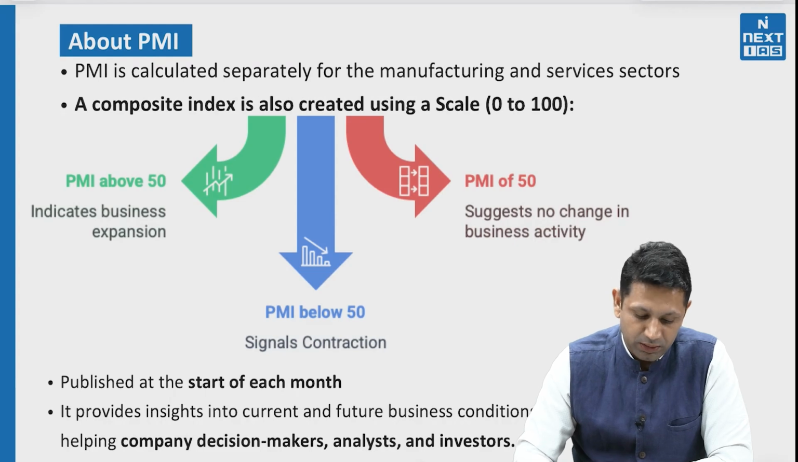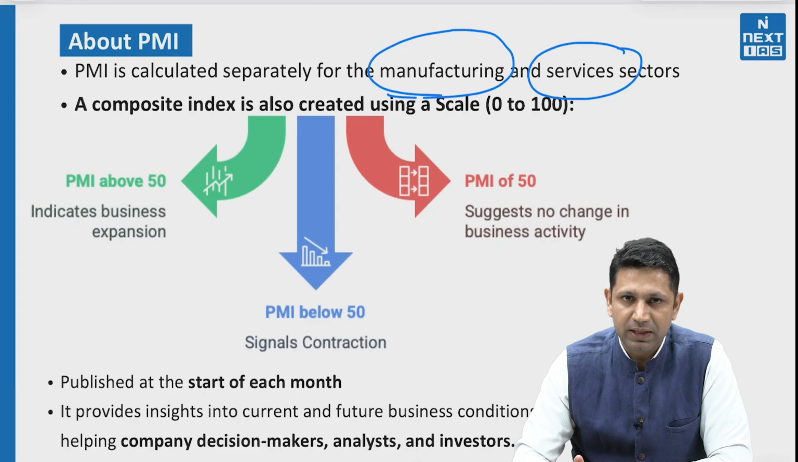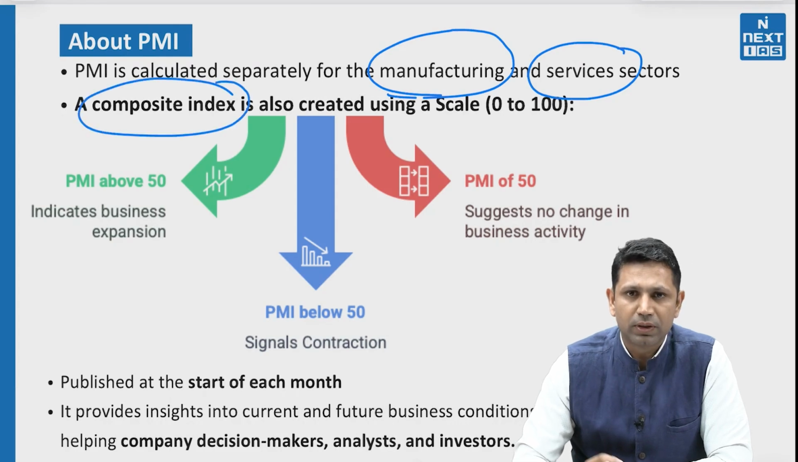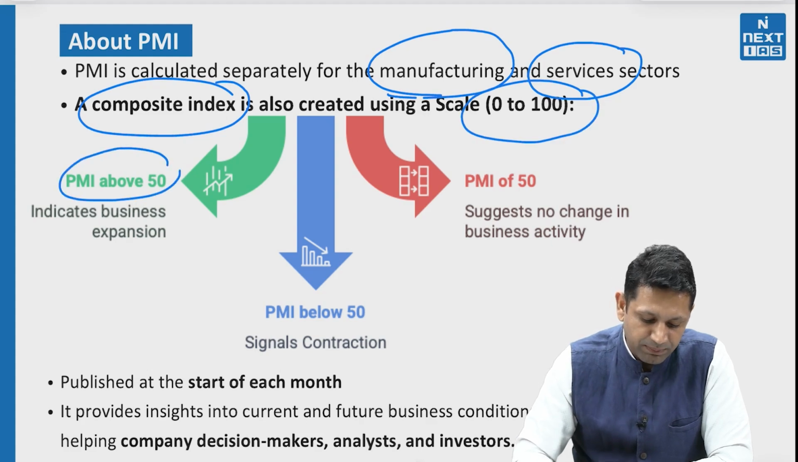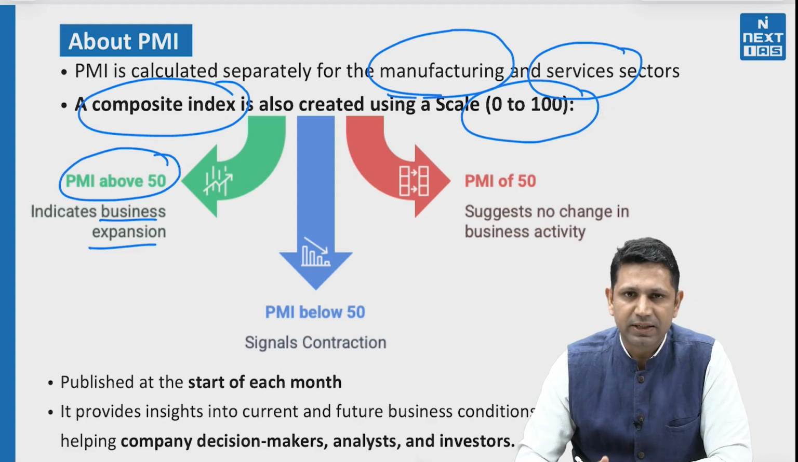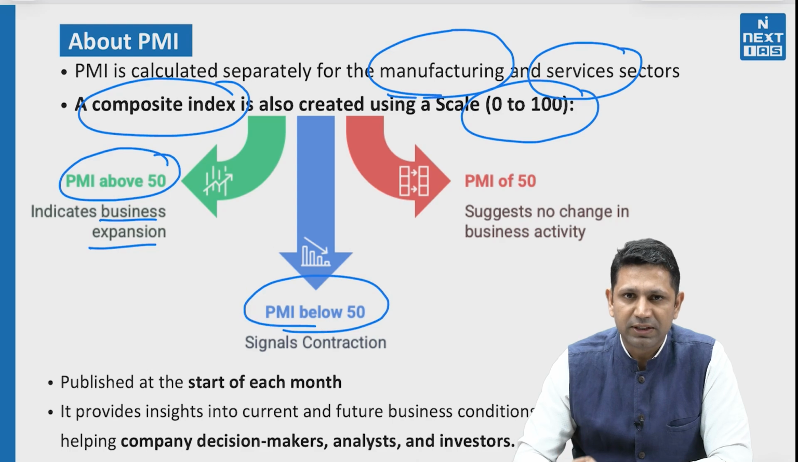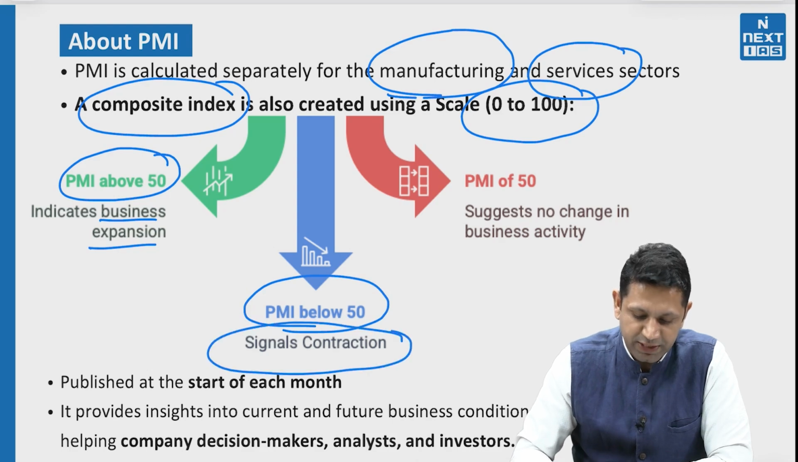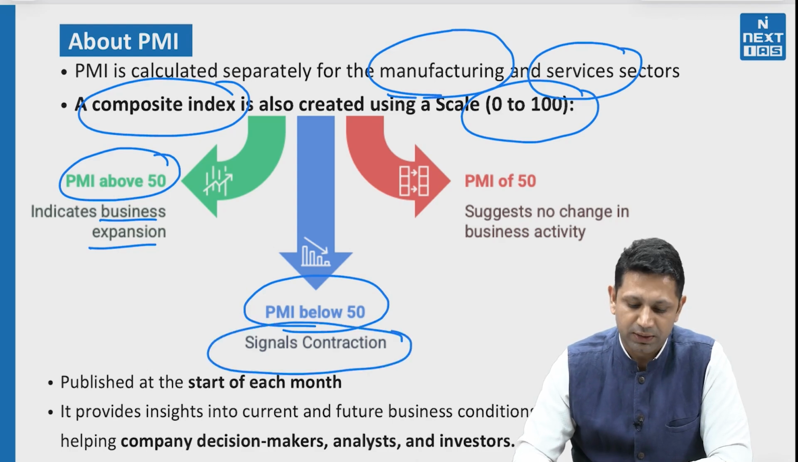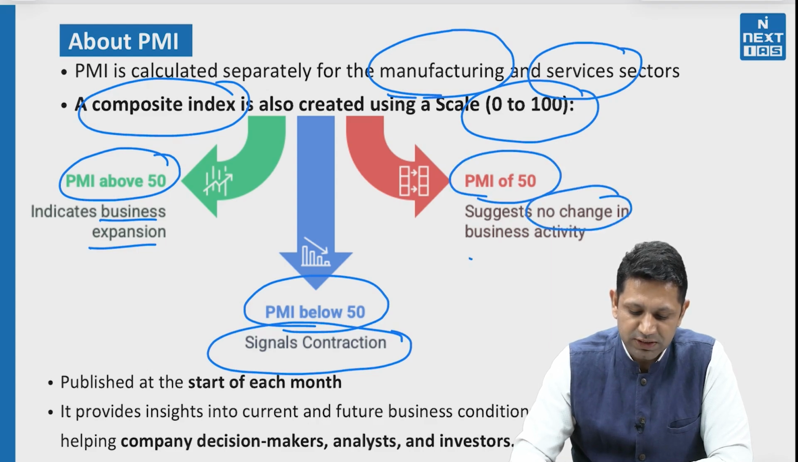Now, PMI is also calculated for manufacturing and service sectors separately, and there is a composite index also. Now, in this composite index, we see the scale is between 0 to 100. If the PMI is above 50, it is a good sign. It shows that the business is expanding, that is, manufacturing is expanding. If it is below 50, it is showing that there is a contraction in the manufacturing activity of the country. Lastly, if PMI is equal to 50, that means there is no change in the business